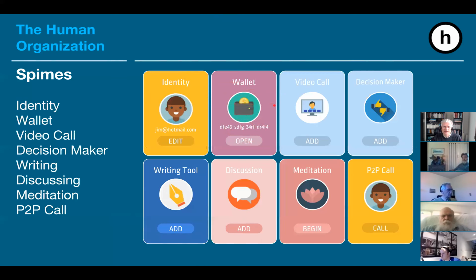So Jim has a wallet, and then further on, I can see, okay, with that information, I can start, say, a video call, right? Now I know who Jim is, and he is identified in this environment. And as Jim, I can add a video call now, right? I can start creating a video call with other people. Or as Jim, I can go in there and start making decisions using a decision-making tool that's behind this card,